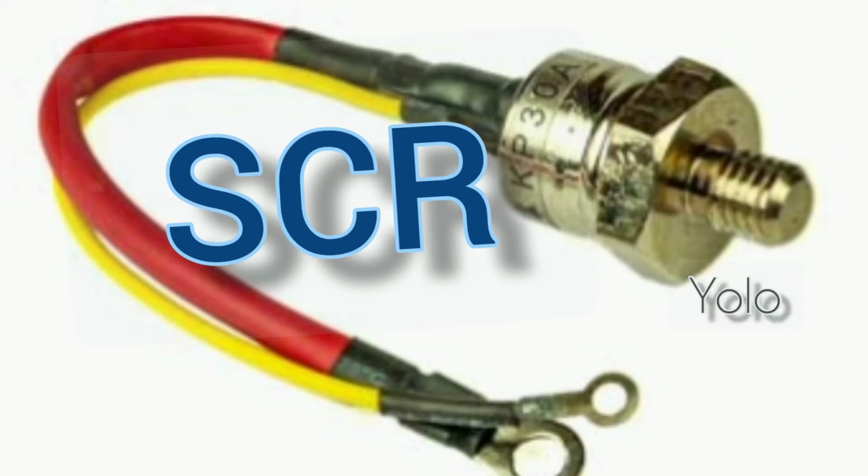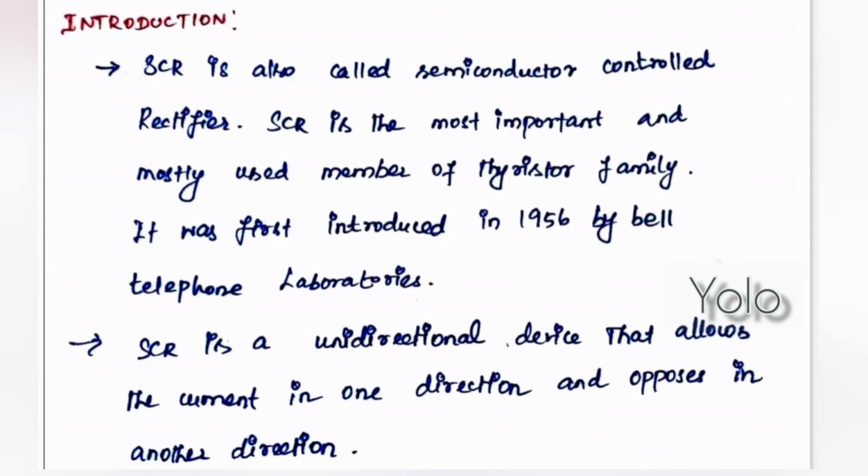In this lecture, we understand silicon controlled rectifier, which is known as SCR. Since it is made up of silicon semiconductor material, SCR is also called semiconductor controlled rectifier. It is used for AC to DC conversion, which is rectification. Since we have control over how much amount of signal should be converted from AC to DC, hence the name controlled rectifier. So we call this a silicon controlled rectifier.